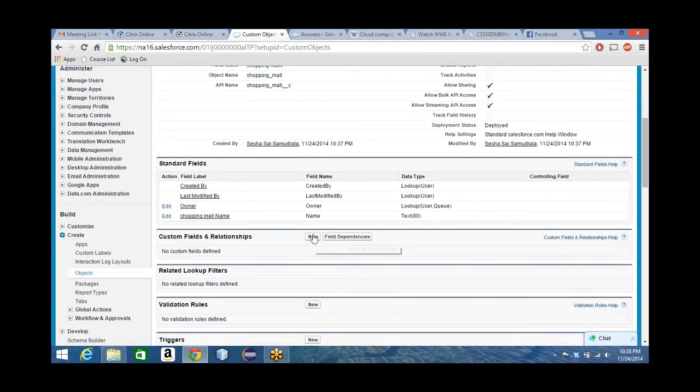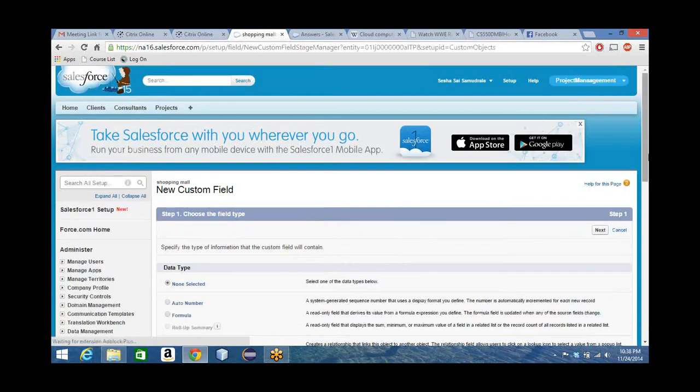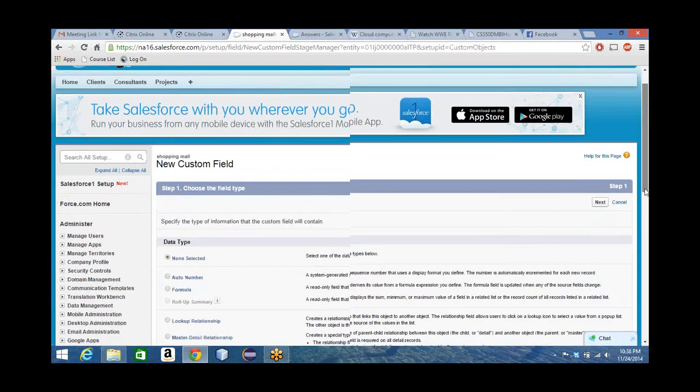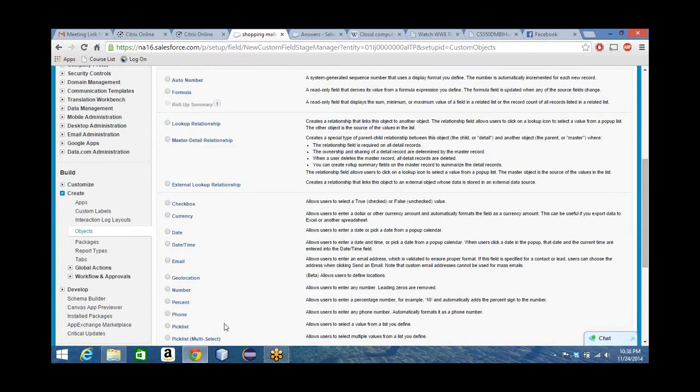Your standard. New, yeah. Pick list. Put it as text or pick list.